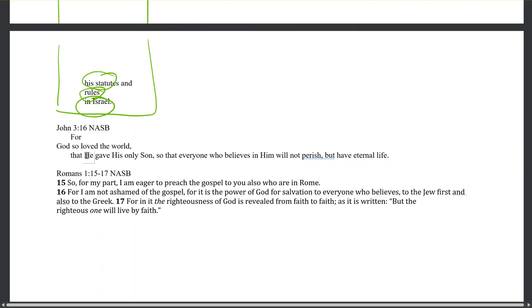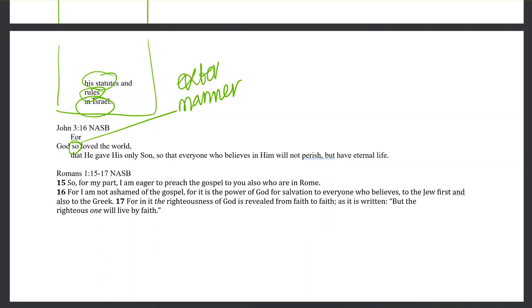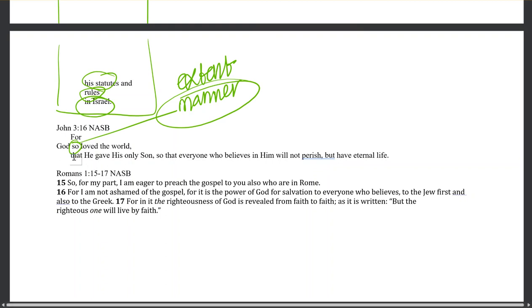For God so loved the world that he gave. And notice here this for expresses manner. For both in English and the Greek can show extent, like a great extent. And we often think in English, God so loved the world is saying God loved the world so much. In this sentence, it's more the manner in which God loved the world. God so loved the world that, this is a manner, that he gave his only son. This is the manner in which God loved the world. Okay? He gave his only son.